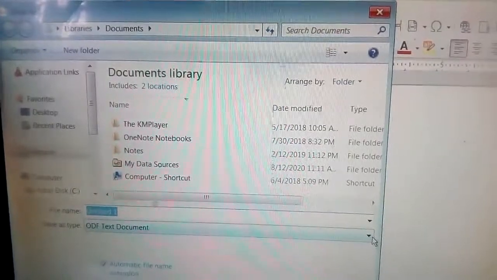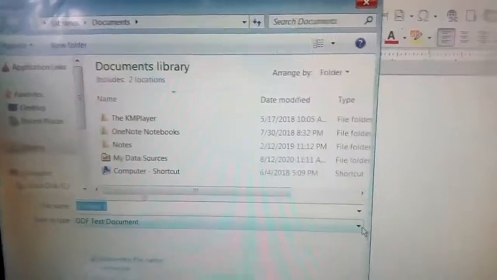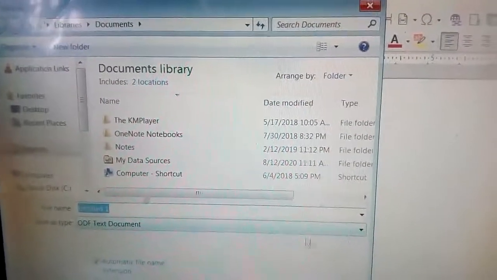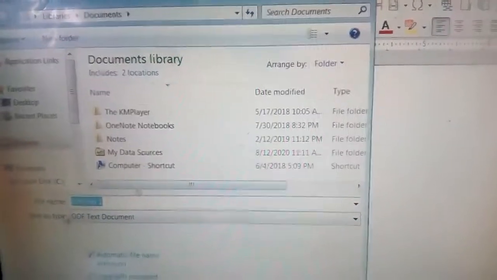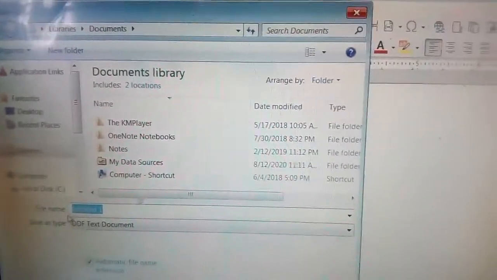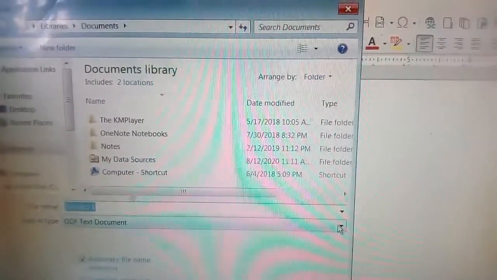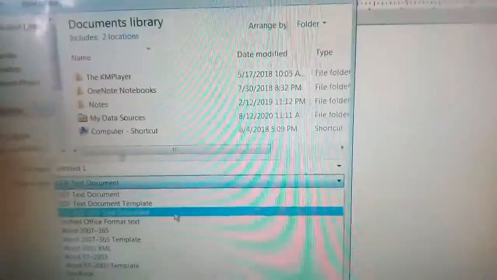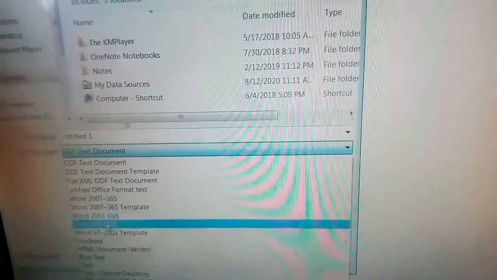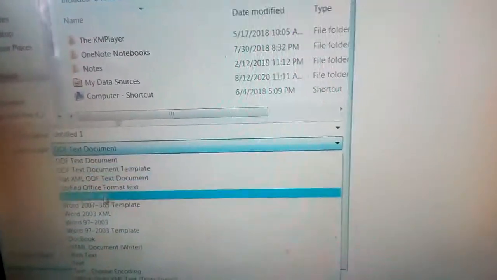This will save a file with different extensions, but in LibreOffice the default extension is .odt. Remember that, .odt. Here you can see different document file extensions.